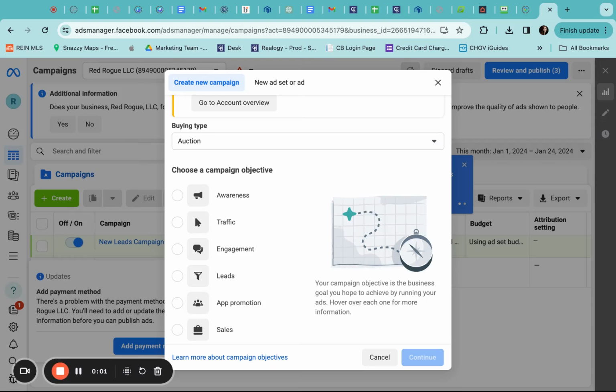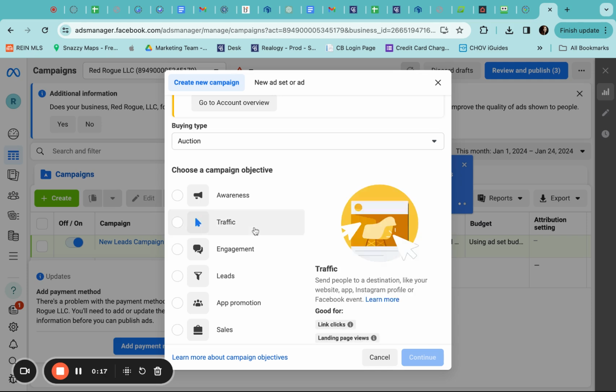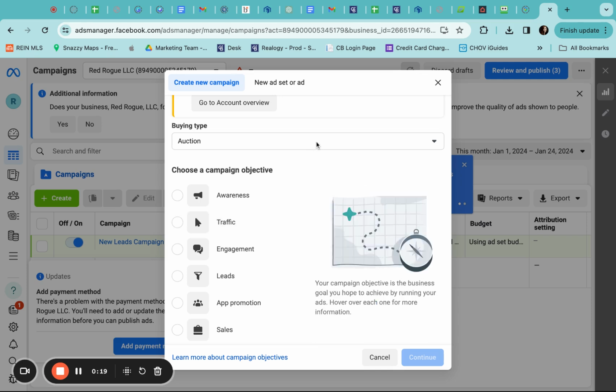Hopefully I will be able to simplify this for you, but it's pretty easy once you get into it. So we're going to start by going to the Facebook or the Meta Ads Manager. Don't go to the Business Suite, but go directly to adsmanager.facebook.com. Once you are there, you'll want to click on Create Campaign, which, there's a couple different ways